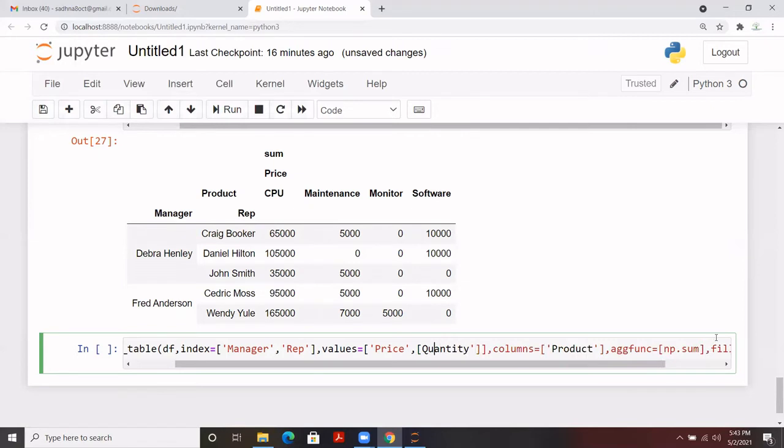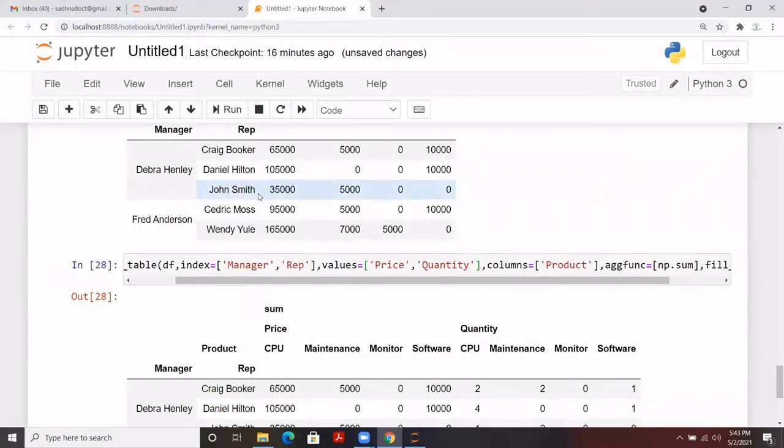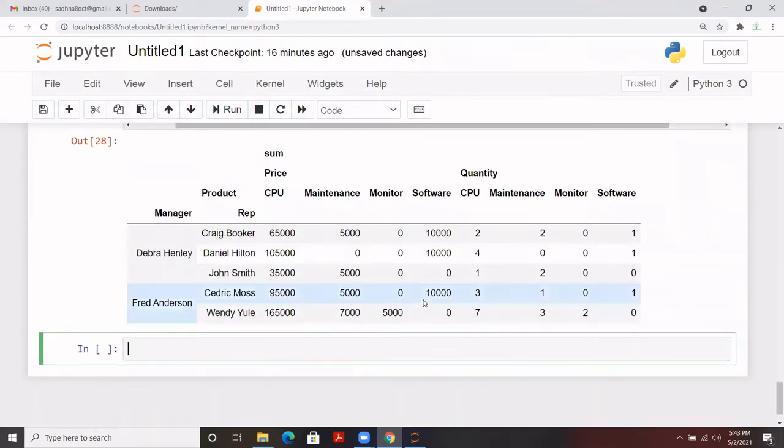Let me put it into the code. Right, I don't need those extra brackets. That's it. So let me run it. And you see that this time I have broken down the product into two columns, corresponding to two particular values. One is for the price. I am checking the price of each and every product.